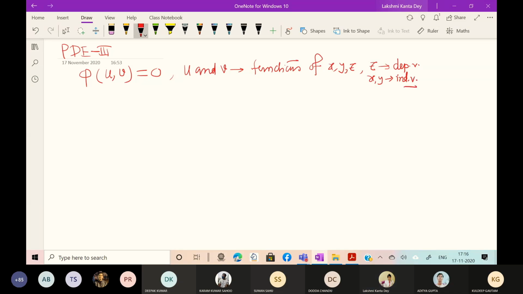Clear? Okay, so if we want to differentiate partially with respect to x,